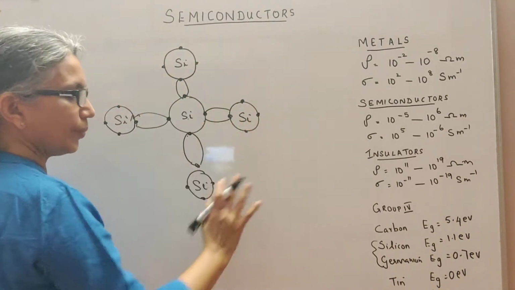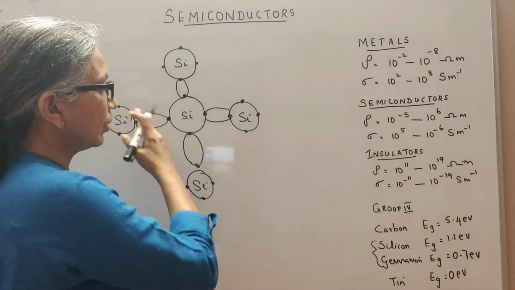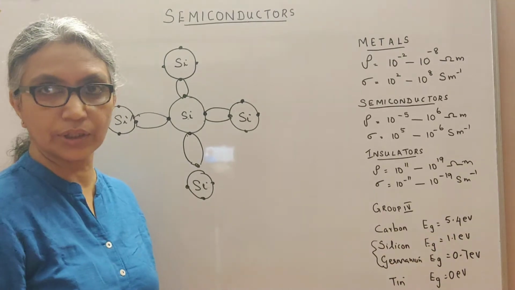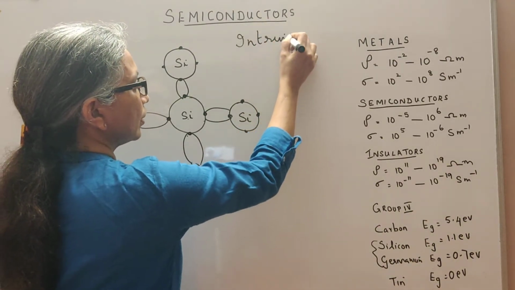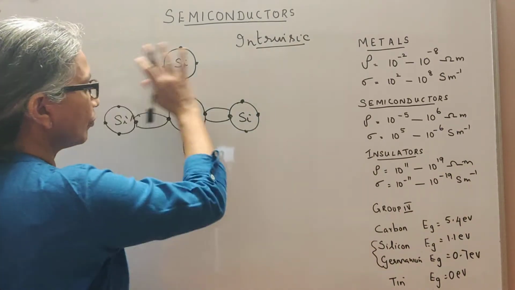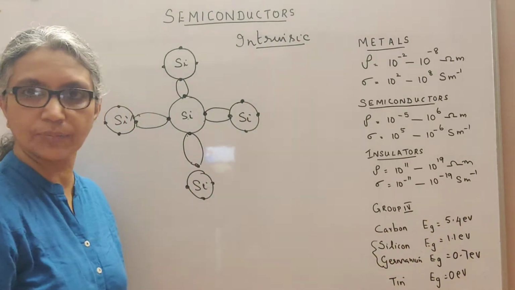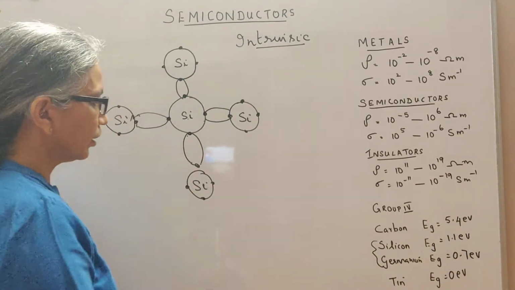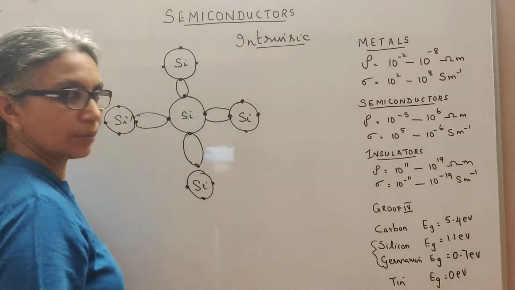Such a pure semiconductor which has only silicon atoms in it going into covalent bonding is what you call an intrinsic semiconductor. So in an intrinsic semiconductor, we only have pure germanium. All of them will be germanium atoms, or you can also talk about it as silicon. There will be lots of others. I have not drawn all of them, and they are all in covalent bonding.